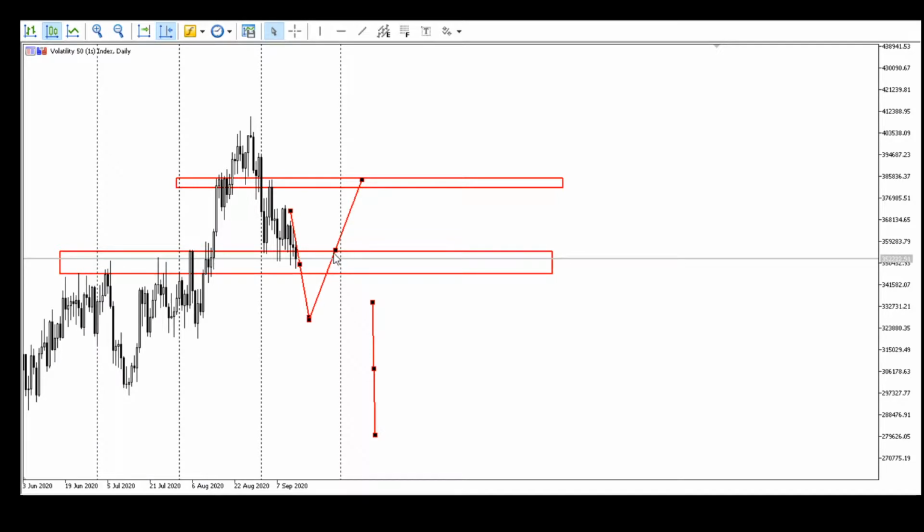They can do whatever they want, but you need to understand, if you buy somewhere here, if they break this level, then you see there is a confirmation for you to buy. You need to buy up to where? Up to here, because they come to retest again this level they break. So once they reach here, you need to take your TP, otherwise break even. You need, if you hold it, maybe you see